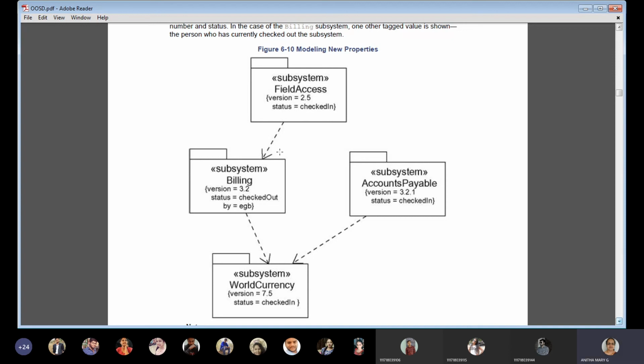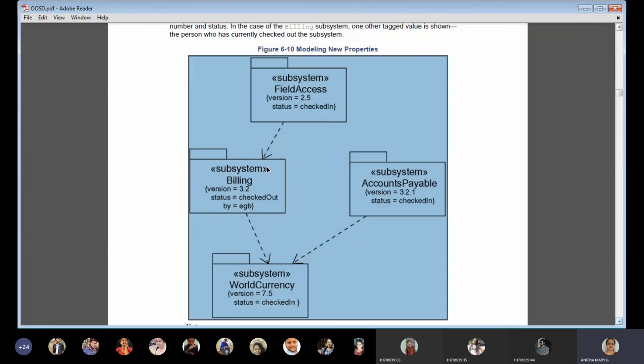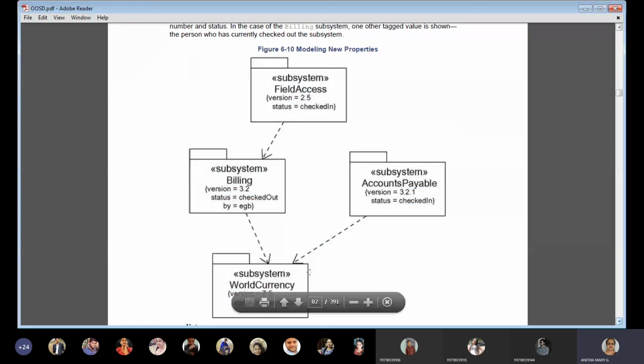Before developing, the new ones are depending on the old ones, because from the old ones only the new ones have to be created. Once it is done and in usage, then the old ones will be depending on the new ones. We are saying so in the later perspective only. That's why older ones are depending on the new ones. So this is the example of modeling new properties.